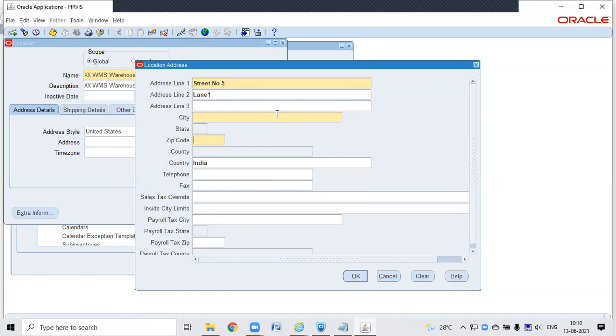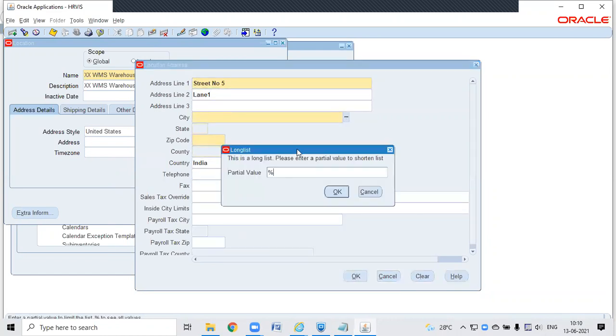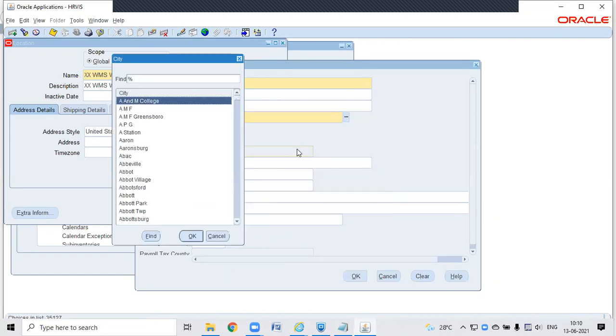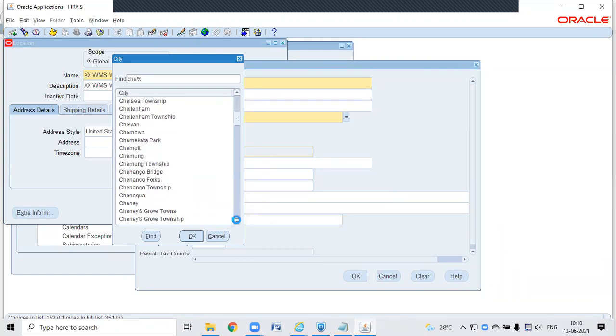It is not giving any street. Looks like the Chennai location is not there.